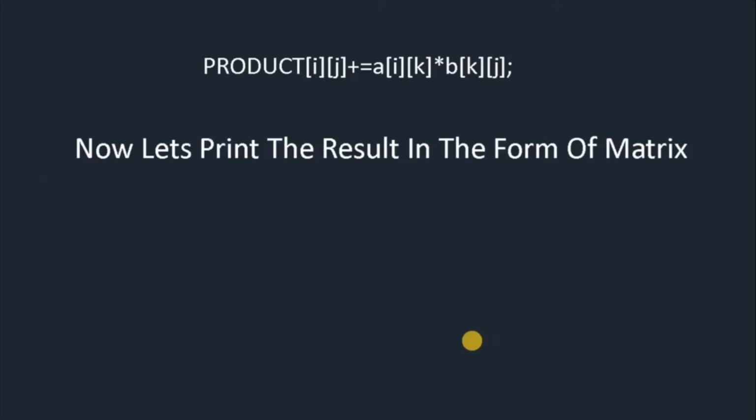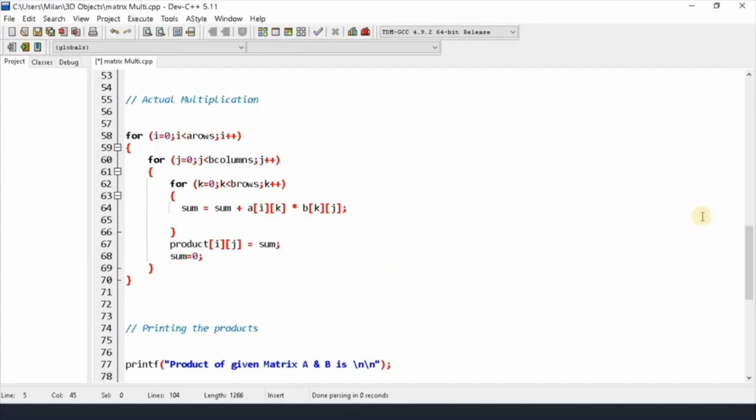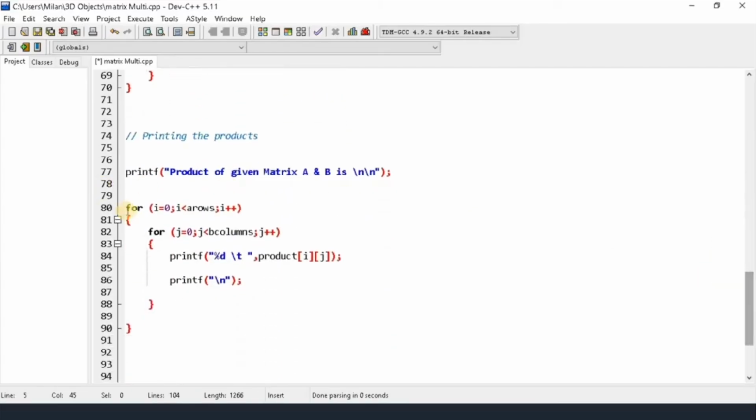सो नाउ लेट्स प्रिन्ट द रिजल्ट इन द फर्म अफ म्याट्रिक्स, राइट। सो म्याट्रिक्स फर्ममा गर्नको लागि पनि हामीलाई फर लुप स्टेटमेन्ट नै चाहिन्छ। र त्यस पछाडि अब प्रिन्ट गरौँ। रिजल्ट प्रिन्ट गर्नको लागि म फेरि तपाईँलाई Dev-C++ मै लिएर जान्छु र यहाँ देख्न सक्नुहुन्छ प्रिन्टिङ द प्रडक्ट्स भनेर मैले कमेन्ट गरेको छु। र यहाँ पनि फेरि एज युजल printf गरिन्छ प्रडक्ट